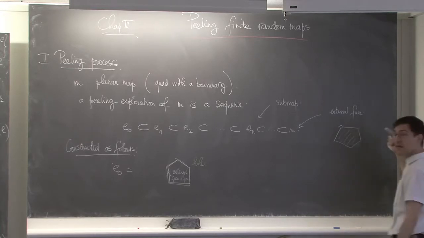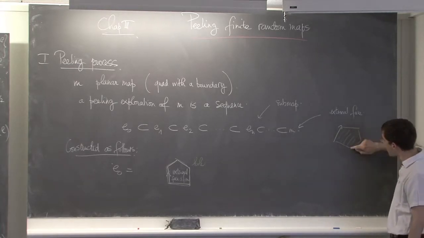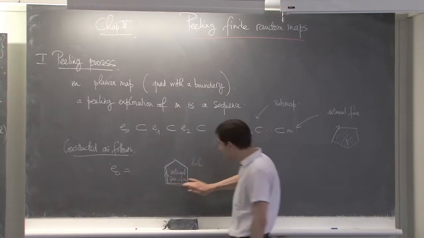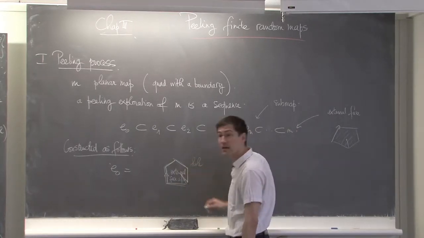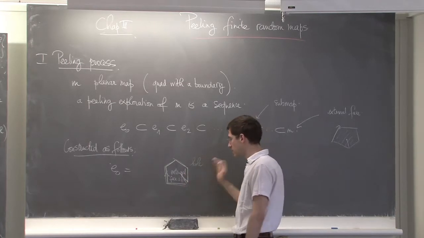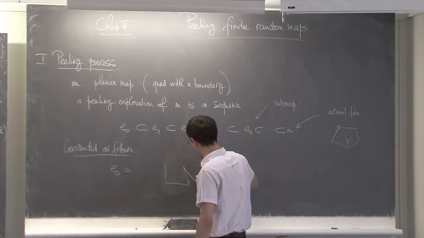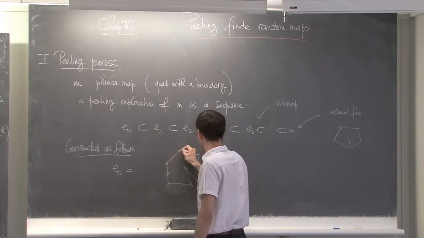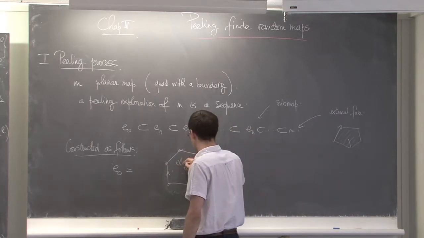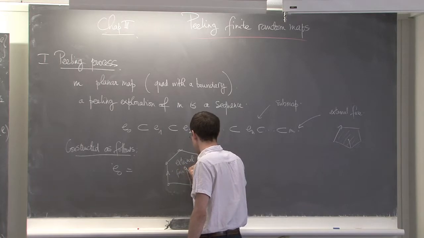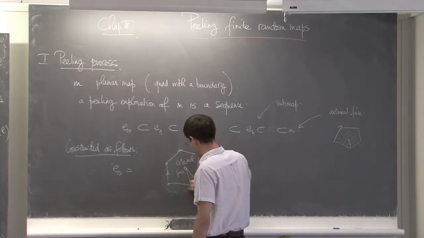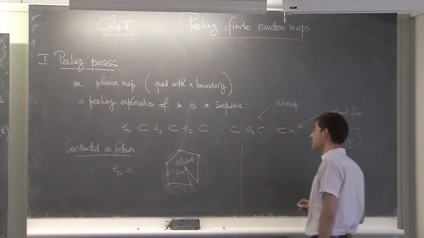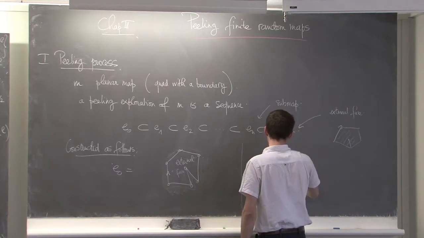Notice that it might be that the external face of your map is not simple. Then in this case, what do you do? You make it simple, because the hole has to be simple. So, okay, let me draw it for you in the non-simple case. By definition, you put E0 to be an external face which is simple and a hole of the same perimeter. Okay? That's the starting point.